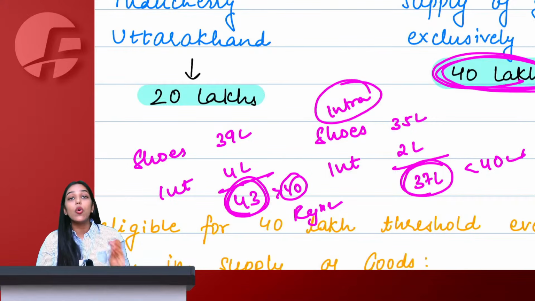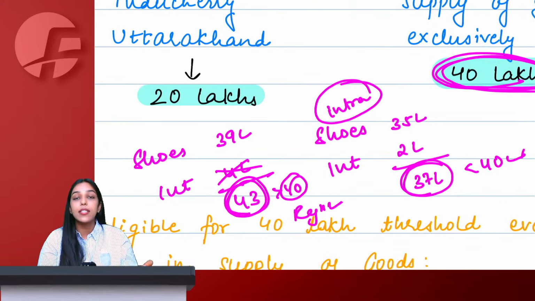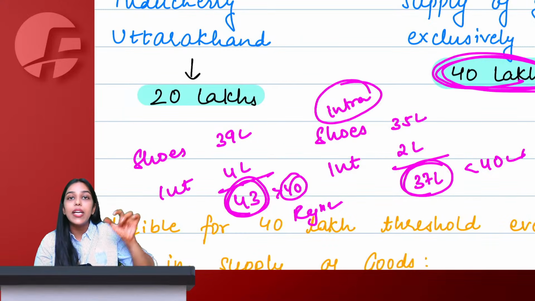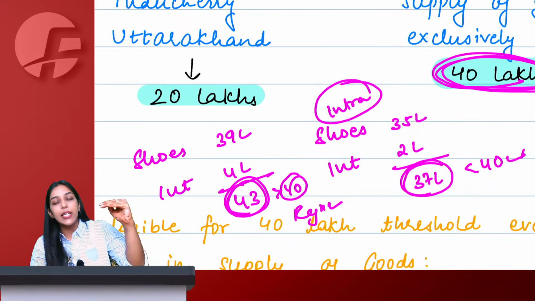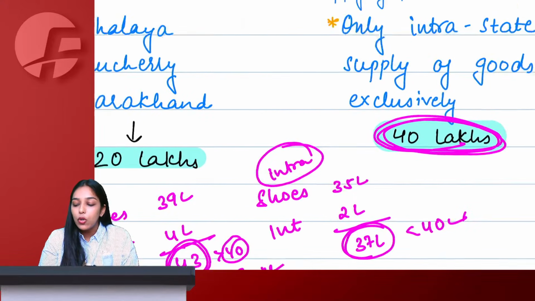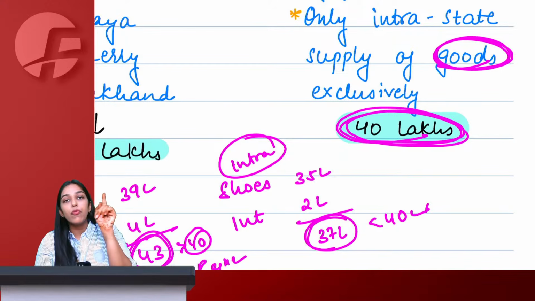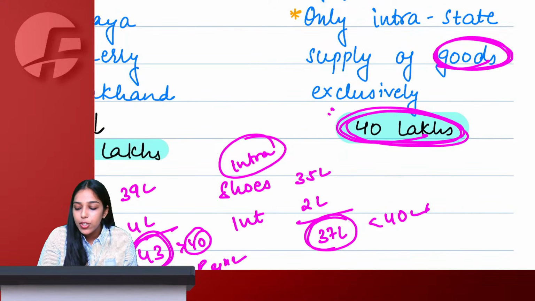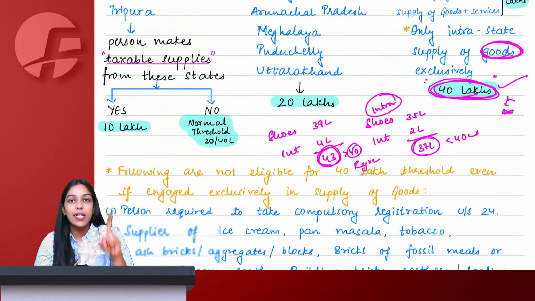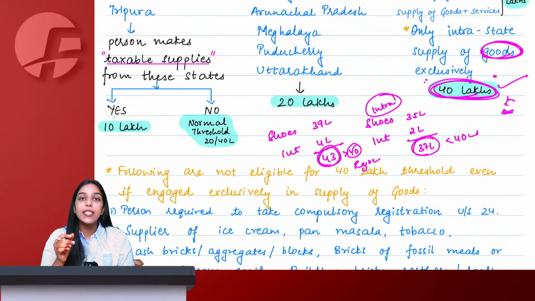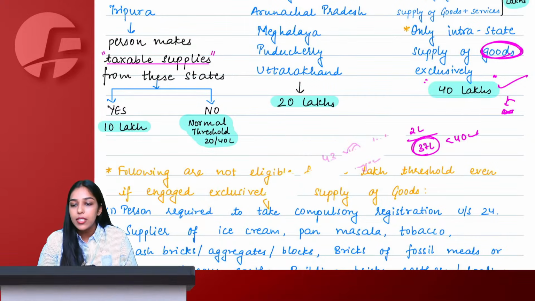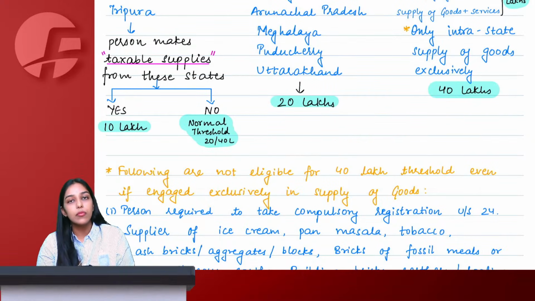We are not saying that you ignore interest income. Interest income will form part of aggregate turnover. We are just saying that because of interest, your limit will not fall to 20, your limit will still remain 40 if all the other things are goods, because only for goods we get the 40 lakh limit. Just because of one service which is interest, your turnover threshold will not fall to 20, it will still remain 40 only. Do not ignore interest. I repeat again, you have to calculate interest in total, but including interest will not reduce your threshold limit to 20, it will still be 40. Say yes or no. Got it, ma'am.